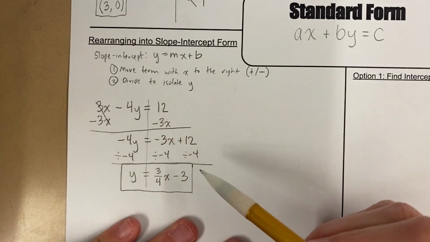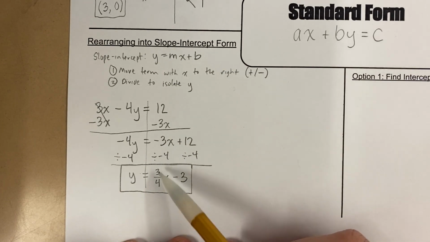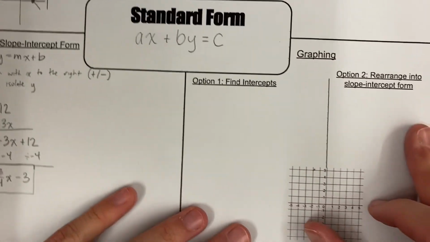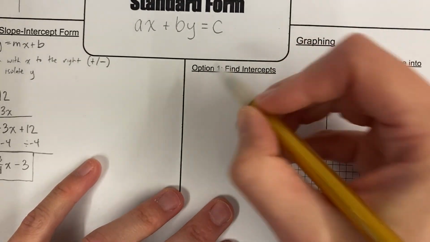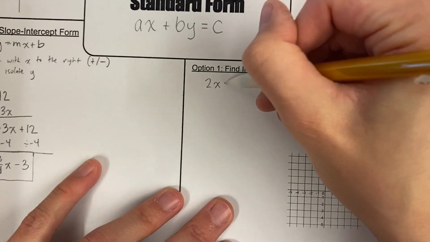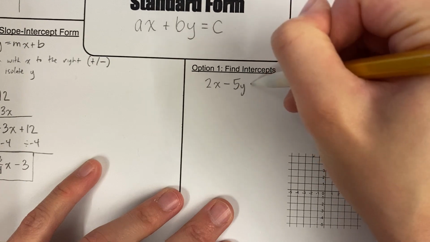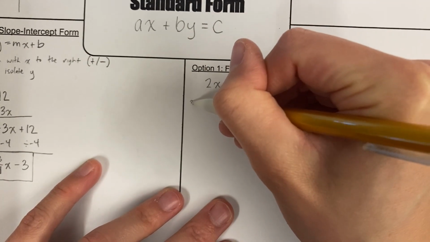I can rearrange it into slope-intercept form, and then I know to graph in slope-intercept form, I start at the y-intercept and then use my slope, my rise over run. So just real quick, I'm going to show you the same equation, and I'm just going to do the two different strategies. Okay, so here's an equation. If I want to find the x-intercept,